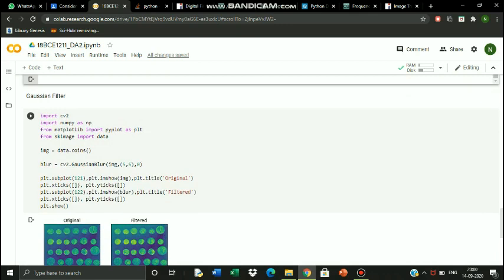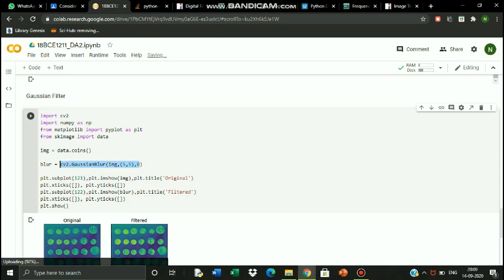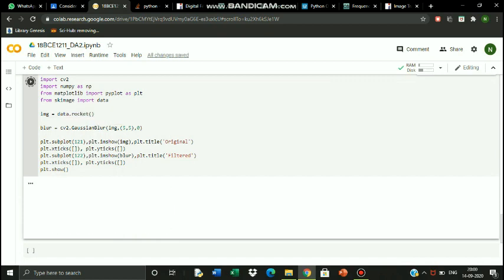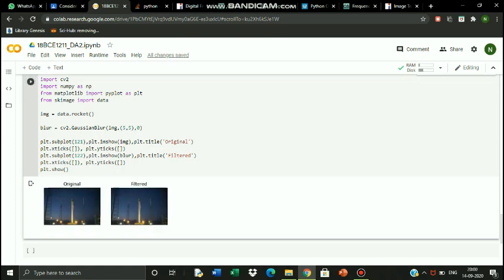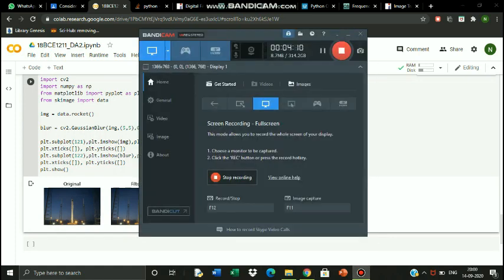This is the rocket image, and now we show a Gaussian filter, which is essentially a low pass filter being applied. There's a function to get the kernel inside the cv2 package itself. So this is the blur function. We've stored it in the variable blur, and then we have applied it on the image, and we show the filtered and the original images. So it's blurred a little. We change it to rocket, and you can see the original and the filtered image. There's a clear difference of blurring.